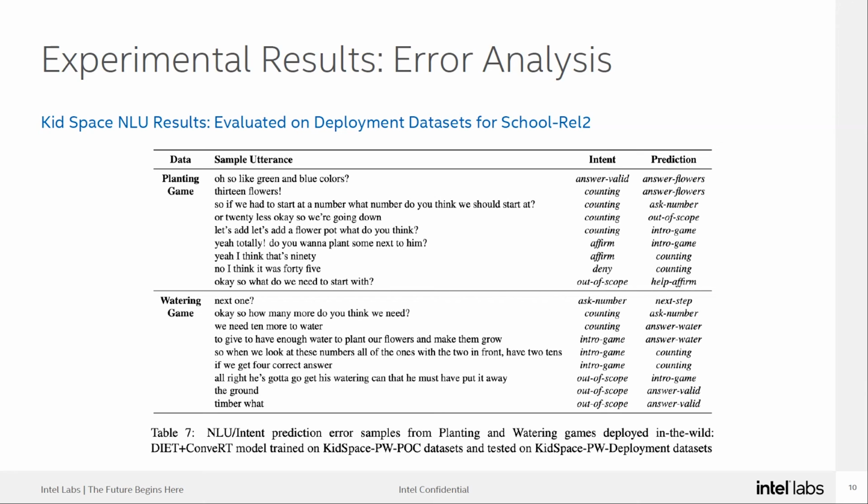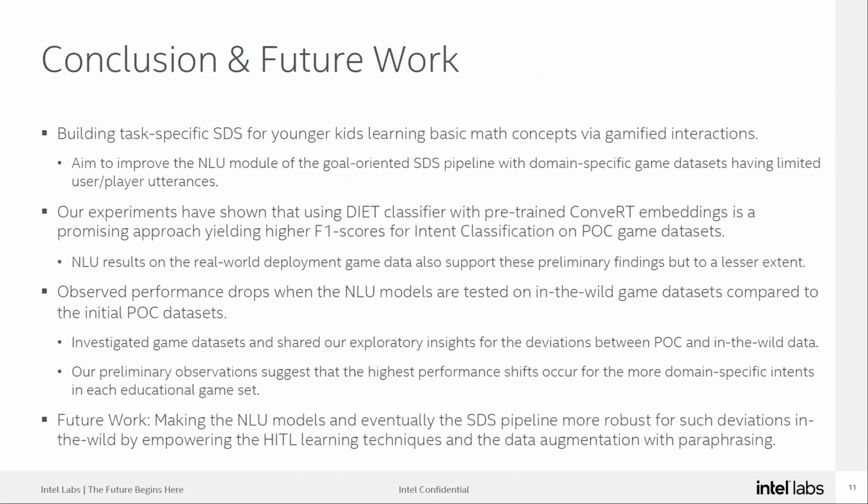For instance, here the facilitator is trying to help the kids come up with the number. But we also have a very similar intent where the kids, or the facilitator, ask the Oscar, give us the next number. These are very subtle differences, and they are semantically very close. That's why we believe this 7% drop is quite expected.